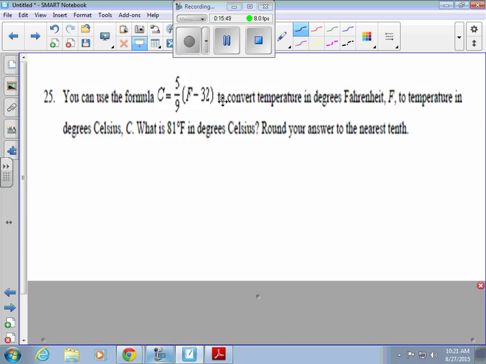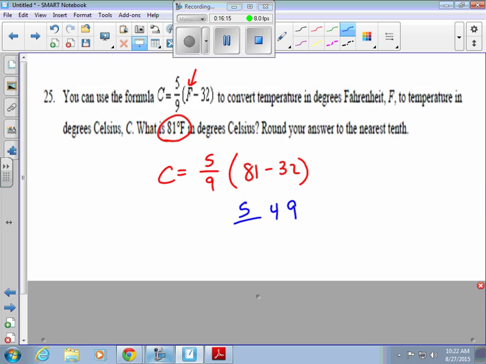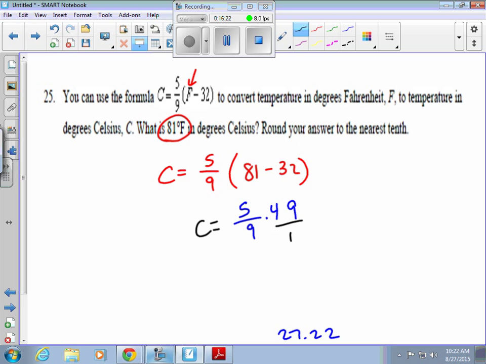25 says you can use the formula C equals 5 over 9 times F minus 32 to convert Fahrenheit temperature to Celsius. What is 81 degrees Fahrenheit? So in place of F, we're going to plug that in. C equals 5 over 9 times 81 minus 32. 81 minus 32, 11 minus 2 is 9. 7 minus 3 is 4, so 49. So we have 5 over 9 times 49. Everything's over 1. When you multiply straight across,